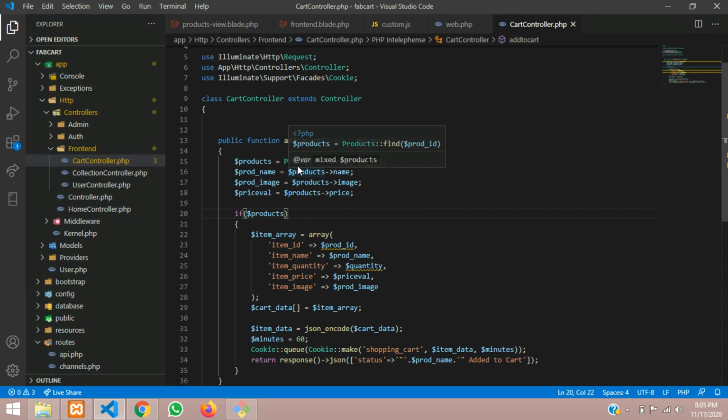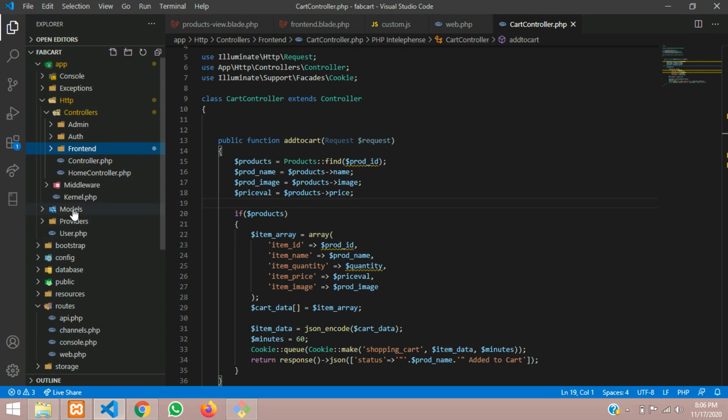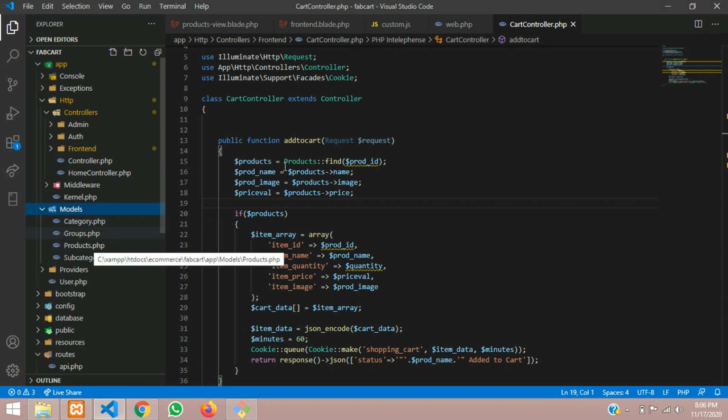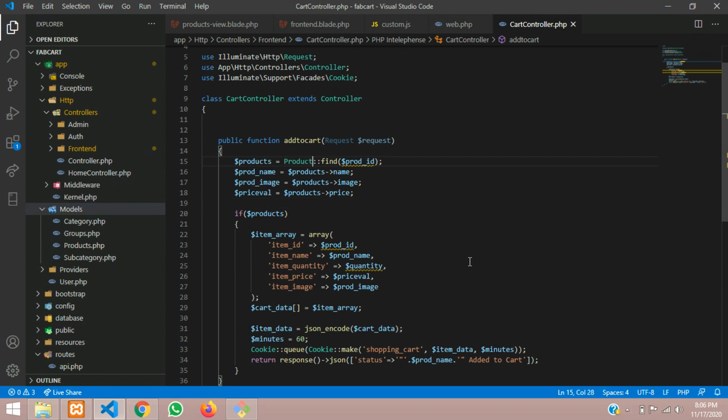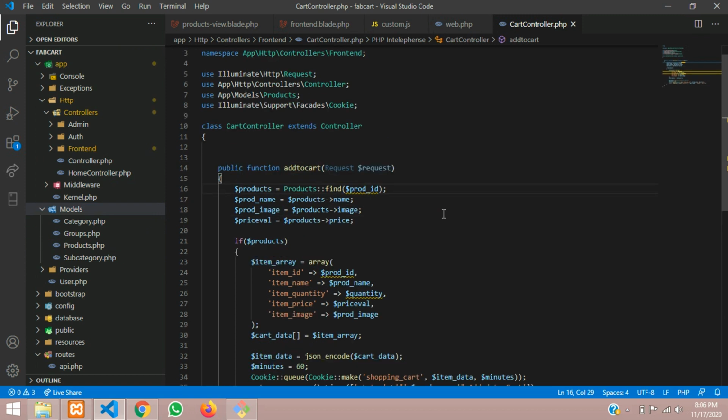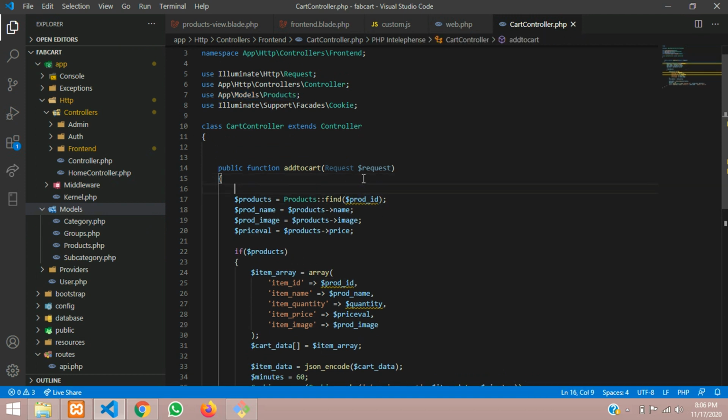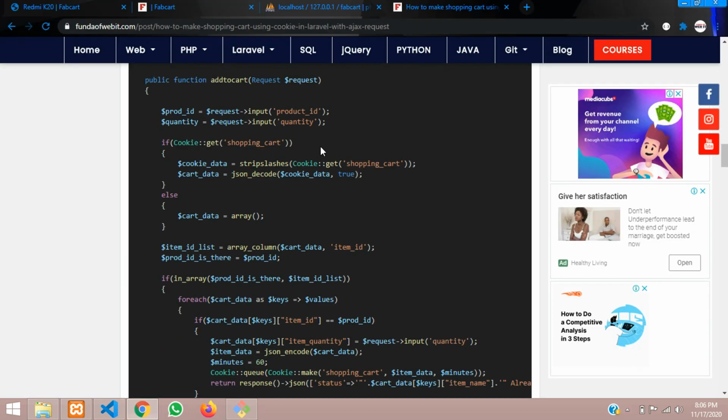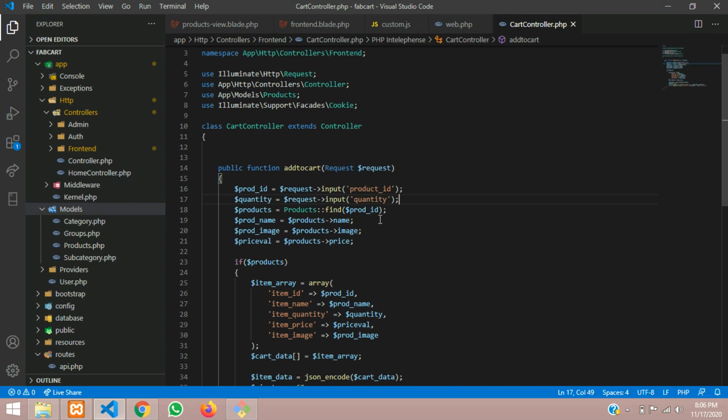So now this product is our thing. That product is nothing but our model which we are storing. My products DB products is available over here, so let's import that class, product. So my products model is included, product data is coming over here, and the product ID which we want. So first we have to get the product ID. As you can see in the blog at the beginning, I have got these two things, product ID and quantity. So let me get that. First, I will show you how to store into the cookie.